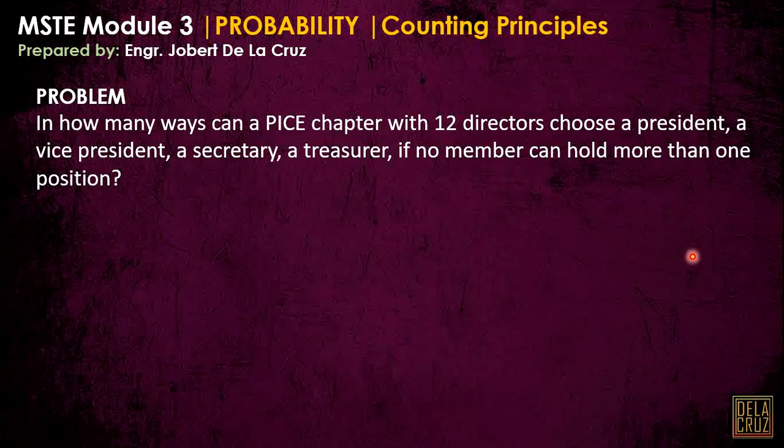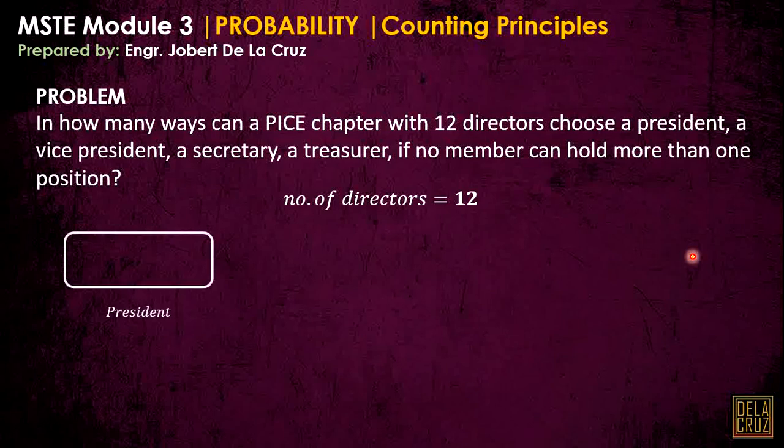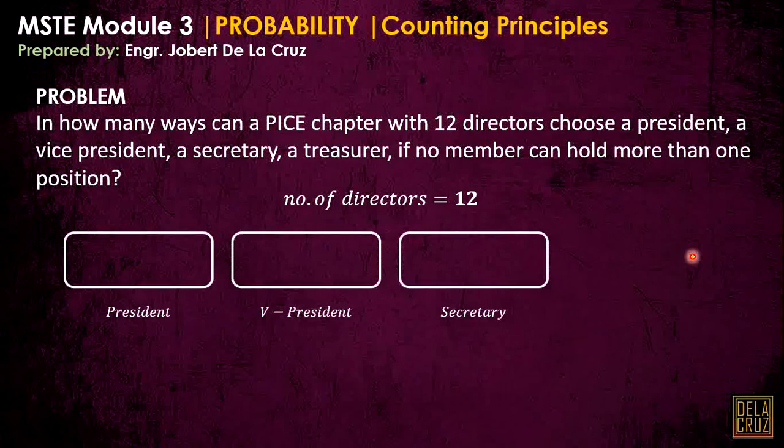Okay, so ano yung uunahin? We will identify yung pagpipilian natin. So, the number of directors, we have 12. Ito yung pagpipilian natin. Then, our sample space. Okay, so our sample space, that will be the president, the vice president, the secretary, and our treasurer. Okay, so as you can see, the sample space are not identical. Of course, iba-iba yung mga position na to. Okay, so this, dito pa lang, that is already our hint. This should be permutation since iba-iba sila or distinct yung arrangement natin. Kumbaga, hindi pwedeng